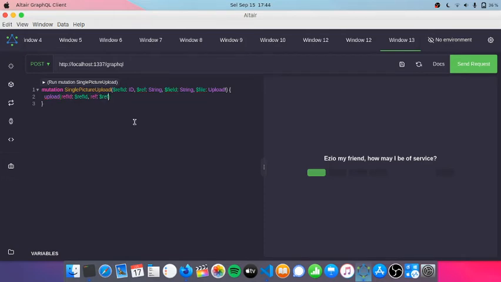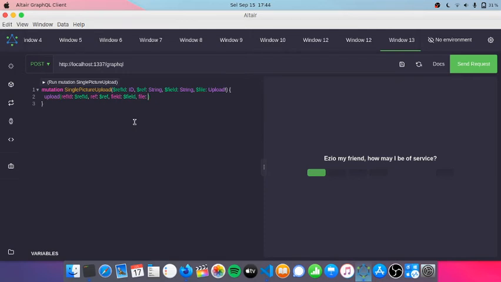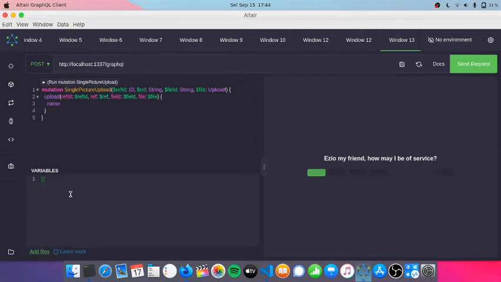It will be assigned to ref, and then field will be assigned to field variable. Okay, put a pair of brackets, and then just put name here. In this variable, put the ref ID, which is 2, and the ref is